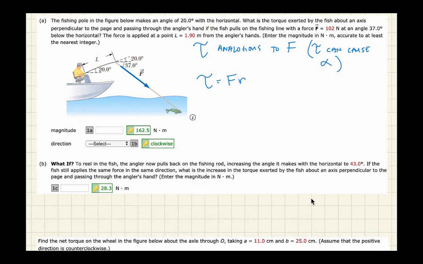And then lastly, it needs to have some angle between these two things that is not 0 or 180 degrees. In other words, there has to be some component of that force that is perpendicular to the moment arm or the radius of that circle, if you will. Like if you tried pushing a door open on the very outer edge of the door, farthest away from the hinges, but you pushed the door directly into the hinges,